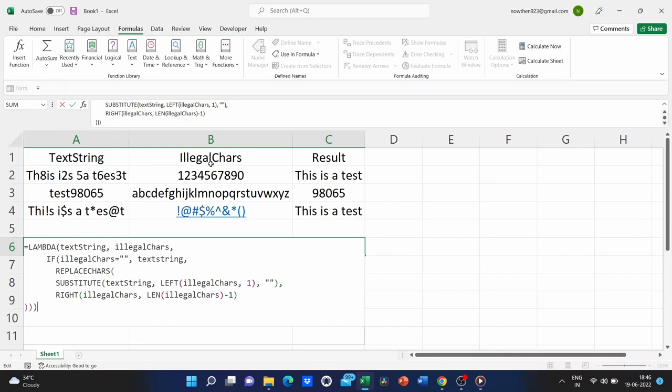The idea being that it passes in this text string, removes the first character from this text string, and then it passes in the remaining characters so that it removes one character at a time all the way down to where there's nothing left. That creates a loop as it removes each of one of those numbers, and it puts the results in this field right here.